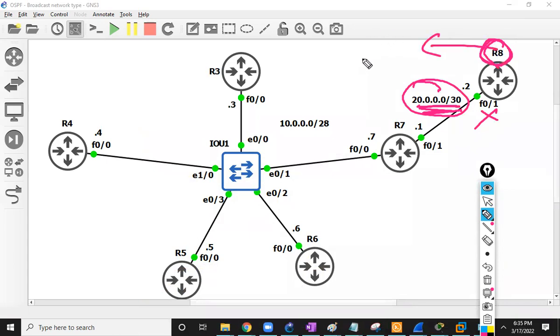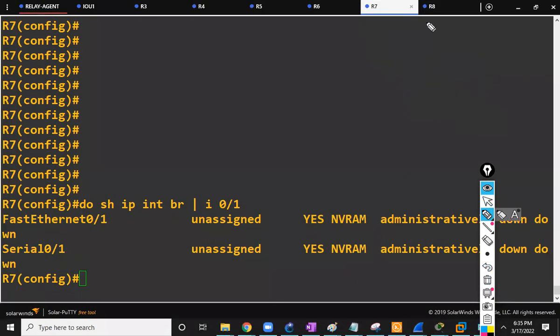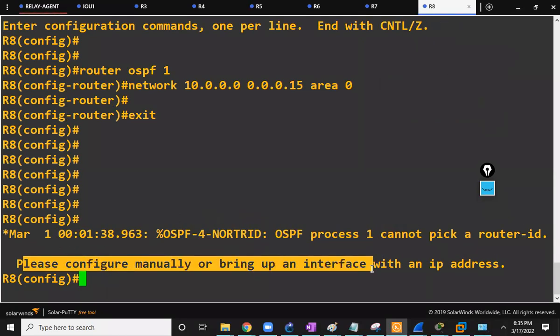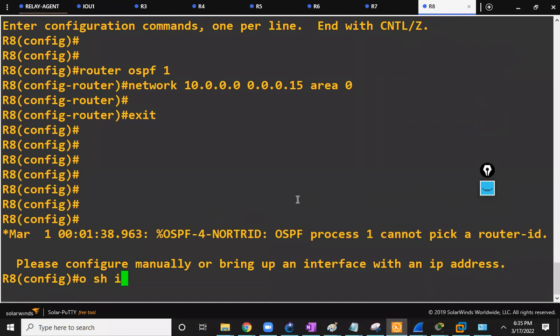So the manual router ID is not given, the loopback interface is not given, and the IP address is also not given. So OSPF can't work, and that is why the error came there. In R8 I've shown you an error, right? Please configure the router ID manually or bring an interface up, because it cannot pick a router ID. It is neither configured with a manual router ID, nor does it have any loopback interface or any physical